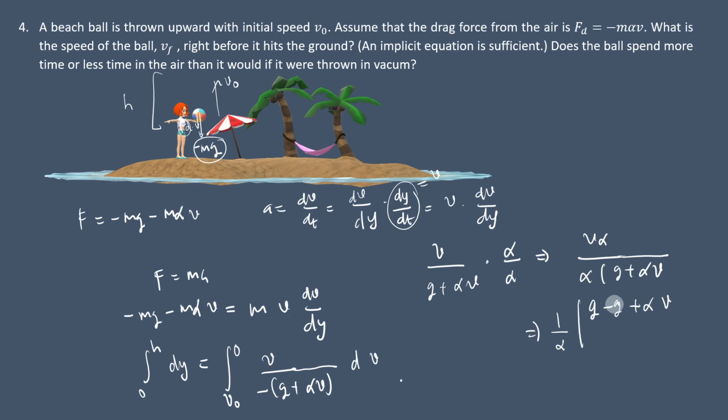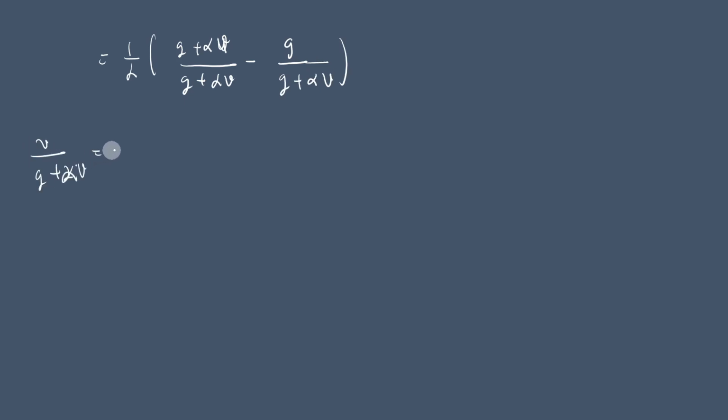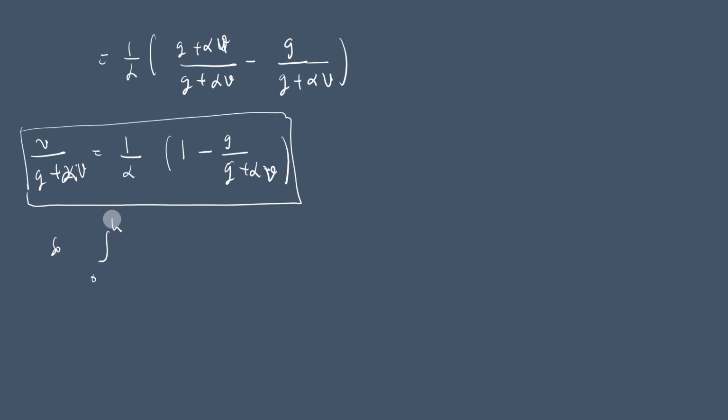So this value is 0 divided by g plus alpha v, and we get on the right side 1 alpha g plus alpha v per g plus alpha v. We separate it with the same denominator g plus alpha v, and we get the term of v divided by g plus alpha v equals 1 divided by alpha times 1 minus g divided by g plus alpha v. So the integral from 0 to h dy equals minus integral from v0 to 0,